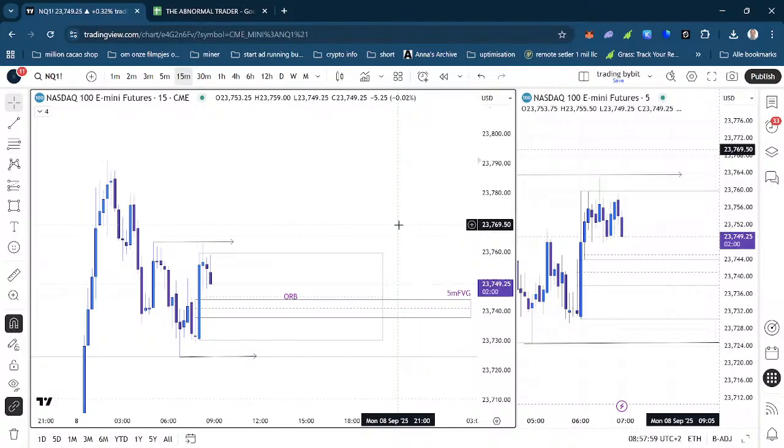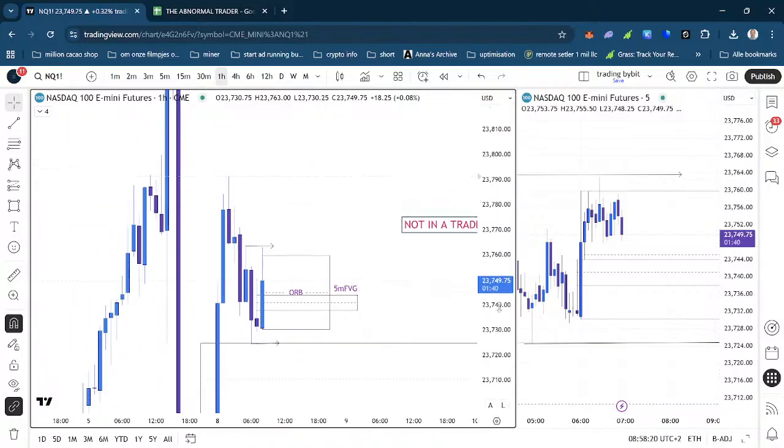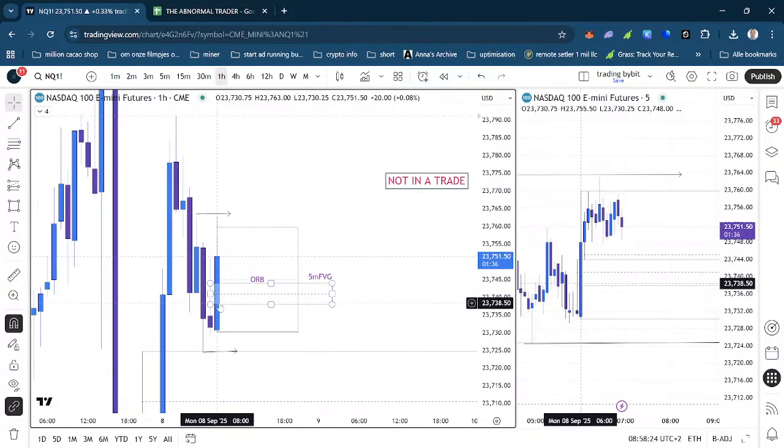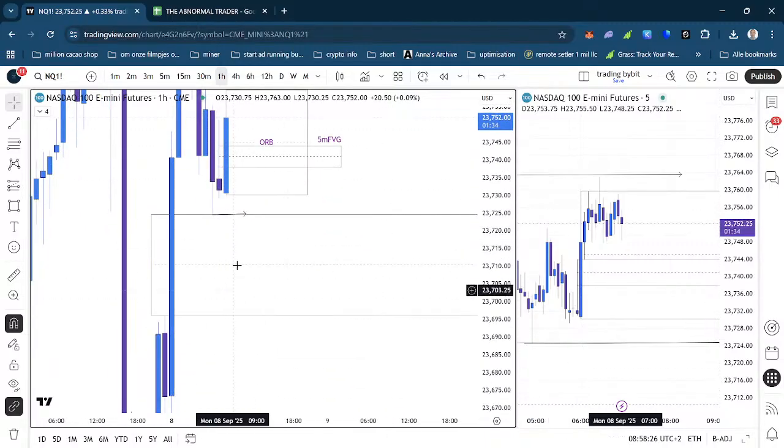So that's 2 more minutes. We'll probably have no close. Now this hourly does look a little bit less good, so in the last 2 minutes you will see how this hourly actually wants to close. If this one closes all the way back down here, we probably will go to that 4 hour.